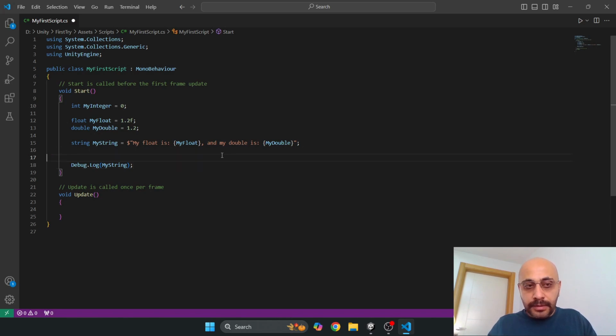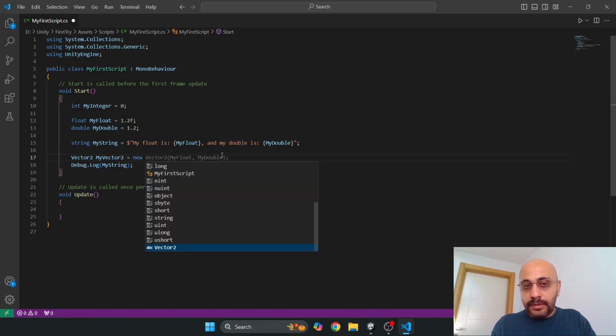Let's talk about vector2. Vector2 is another type of variable that allows you to have two components for your variable. Let's say your variable is my vector2. You can initialize it by typing new